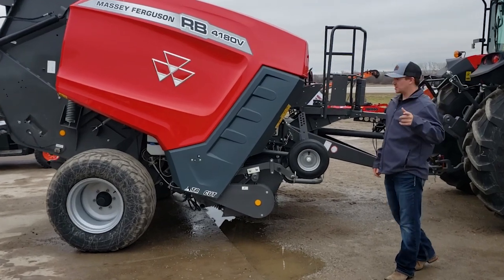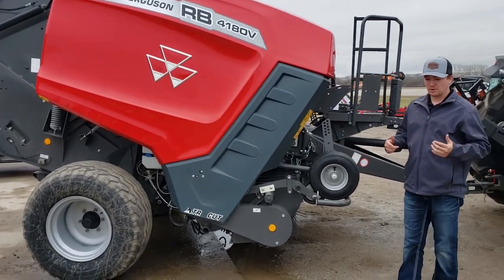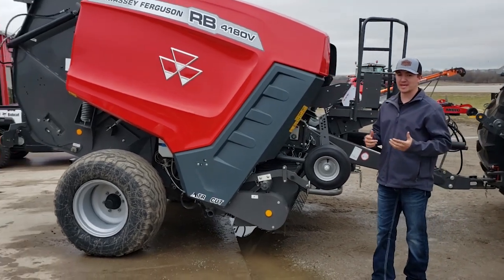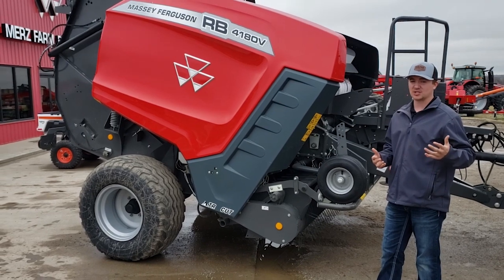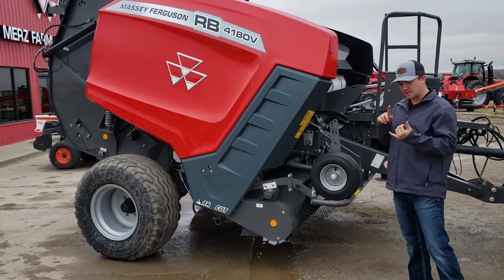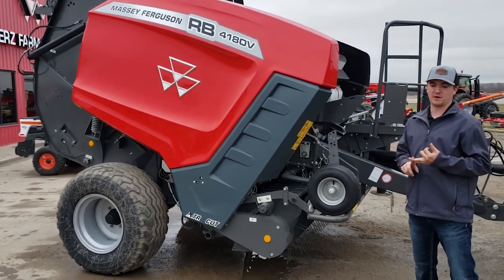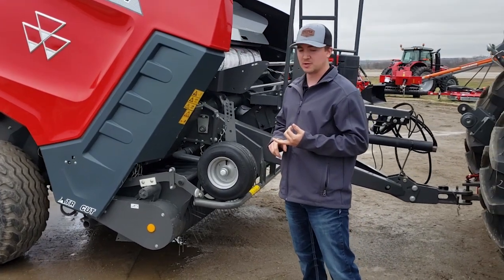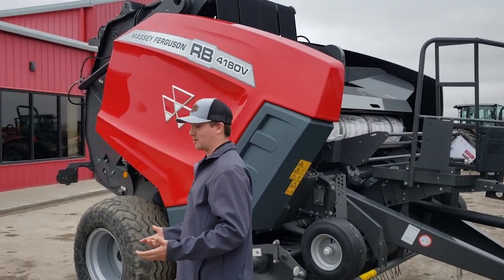Guys, I forgot to mention, this is a 4x6 baler. With all the knives and stuff in there, we can get bales up to about 4,000 pounds. That's kind of heavy, and a lot of guys are wanting it around that ton weight. It's determined by your crop, what you're baling, and how fast you're going through the field. If you're going slow and you're putting all 17 knives in, you can get bales up to about 4,000 pounds,